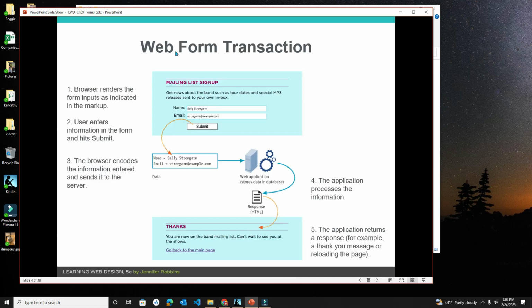So let's take a quick look at what a web form transaction might look like. So here's your form in a web browser. The form is this part right here where it's asking for input. The user enters information in the form and then would hit submit. The browser encodes the information entered and sends it to the server. The application processes the information, and the application returns a response, for example, a thank you message or reloading the